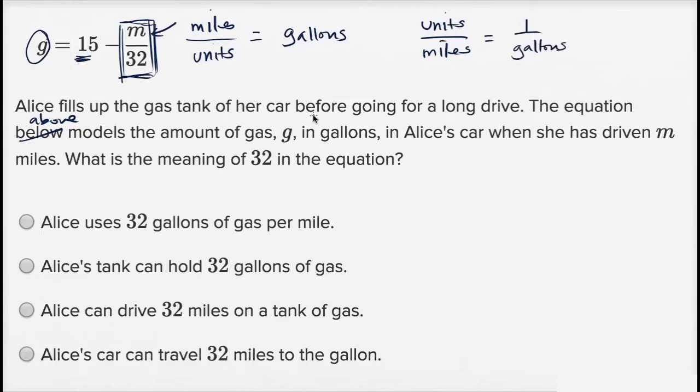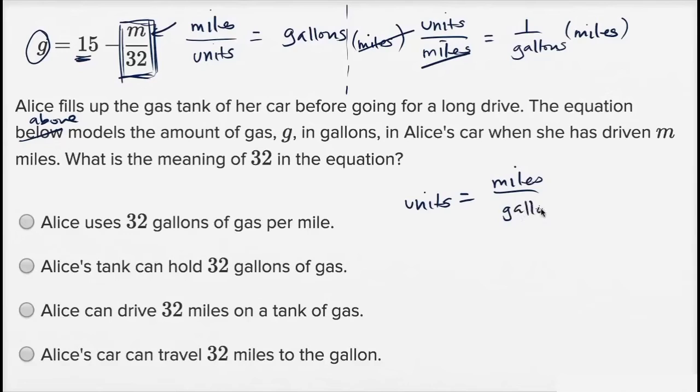And then multiply both sides times miles. Your mystery units are going to be miles